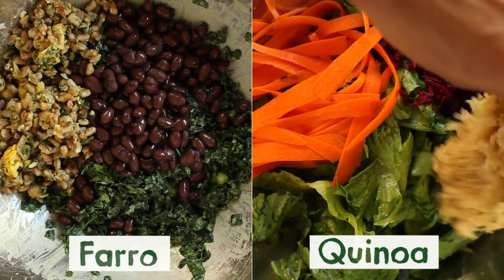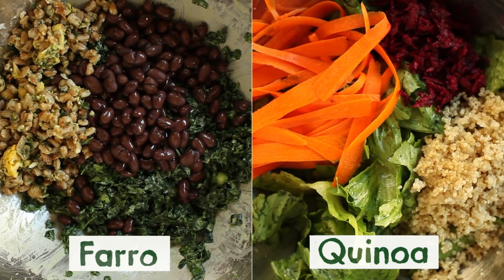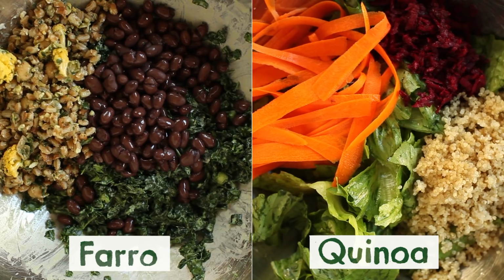Also, you should always add some sort of whole grain to your salad. You can add quinoa, farro, freekeh. I love freekeh. If you haven't tried freekeh, get your freekeh. Well, that's a lame joke. Okay, anyway, whole grains are one of the most important ingredients to making sure that your salad is nice and